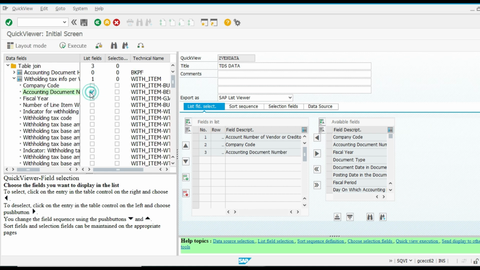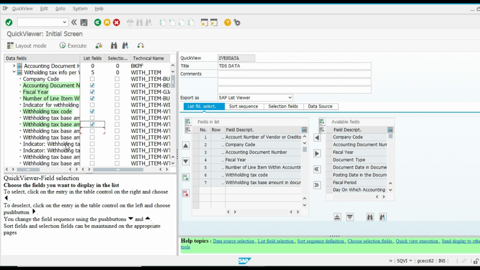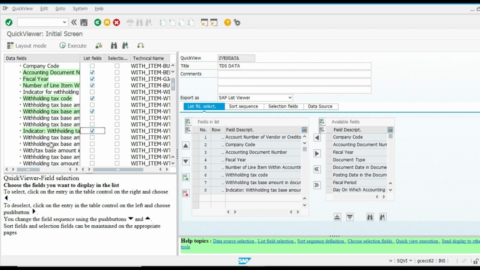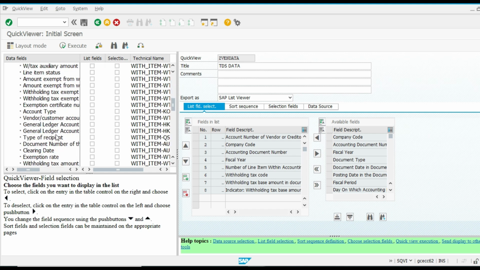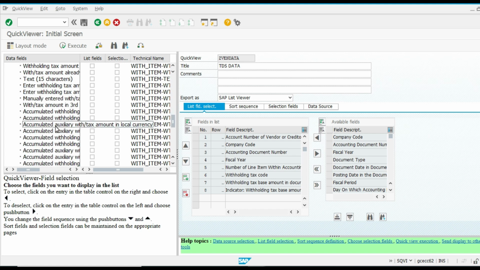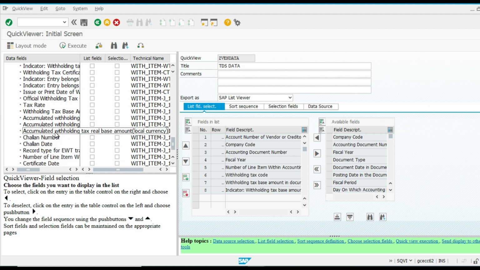Withholding tax type, accounting document number, fiscal year, number of line item, withholding tax code, base amount in document currency, indicator, calculation, will show you one thing.